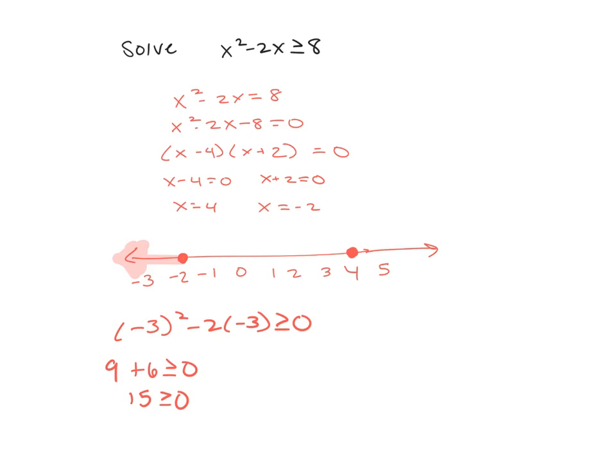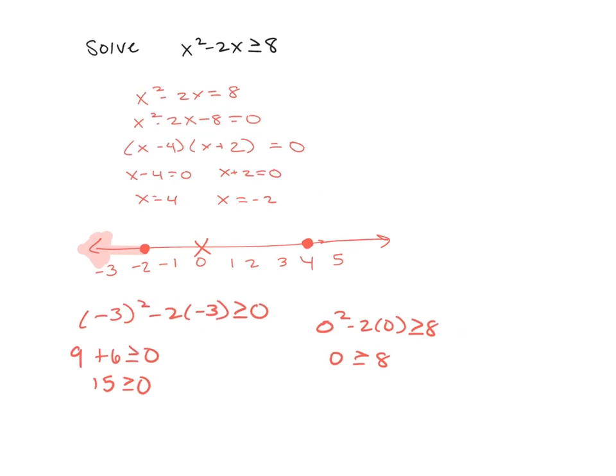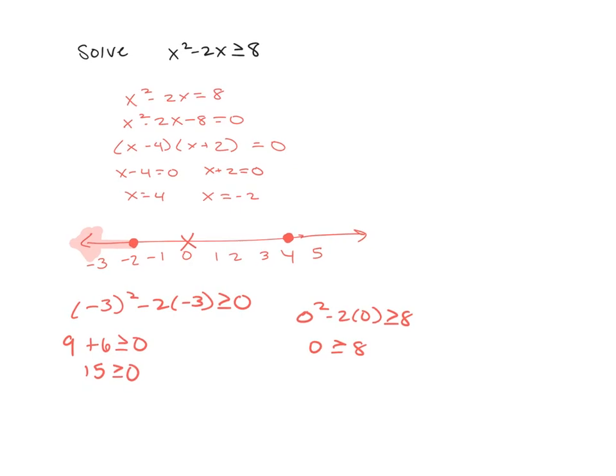And so now I'm going to test something in between. And I'm going to go ahead and test 0. So if I plug in 0, I get 0 is greater than or equal to 8, which I know is not true, so I'm going to put an X in the middle to tell myself that I'm not going to shade there because that was a false statement. And then I'm going to test something to the right, and so I'm going to just choose 5. And if I do 5 squared minus 2 times 5,